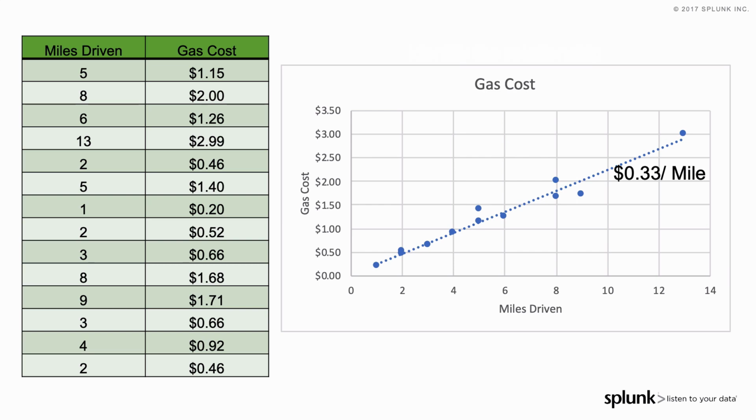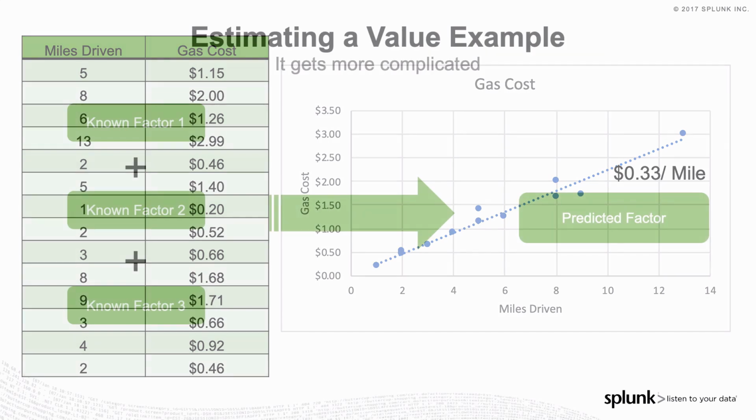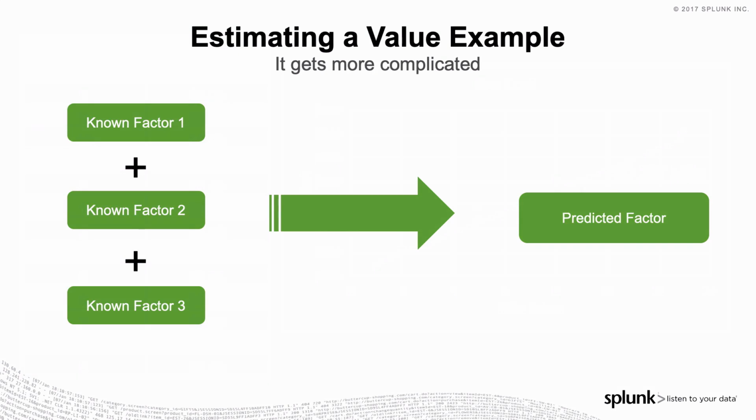That's why, based on this example, we can see that the relationship ends up being around 33 cents per mile driven. Now, we can get to more complex examples, like having multiple input factors to consider, and in many cases the data does not produce a nice, neat, straight line like this. I don't want to go too deep into the weeds, but with this example, the important thing to remember here is that we are defining the relationship and using that relationship to guess what the unknown value might be.